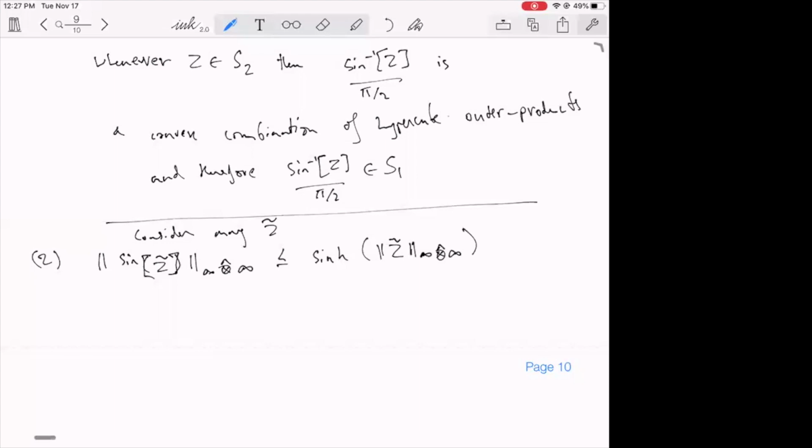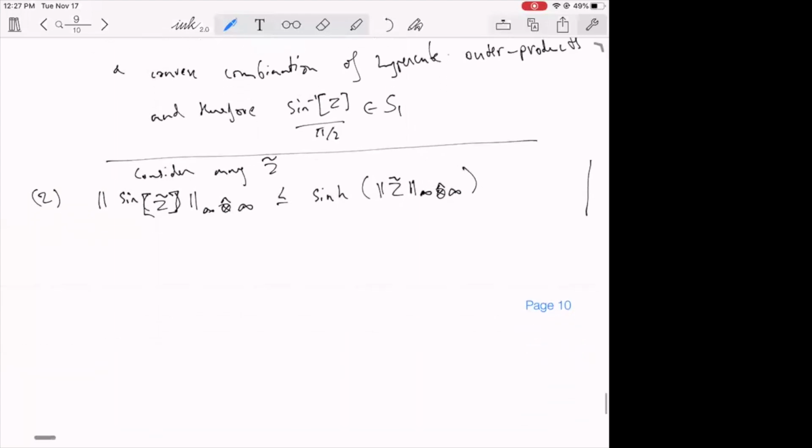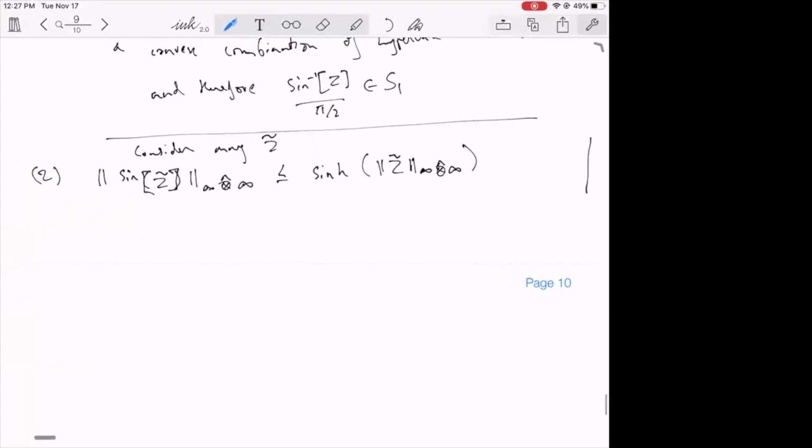Now I'm going to prove this fact on the next page, but before I do that, observe that